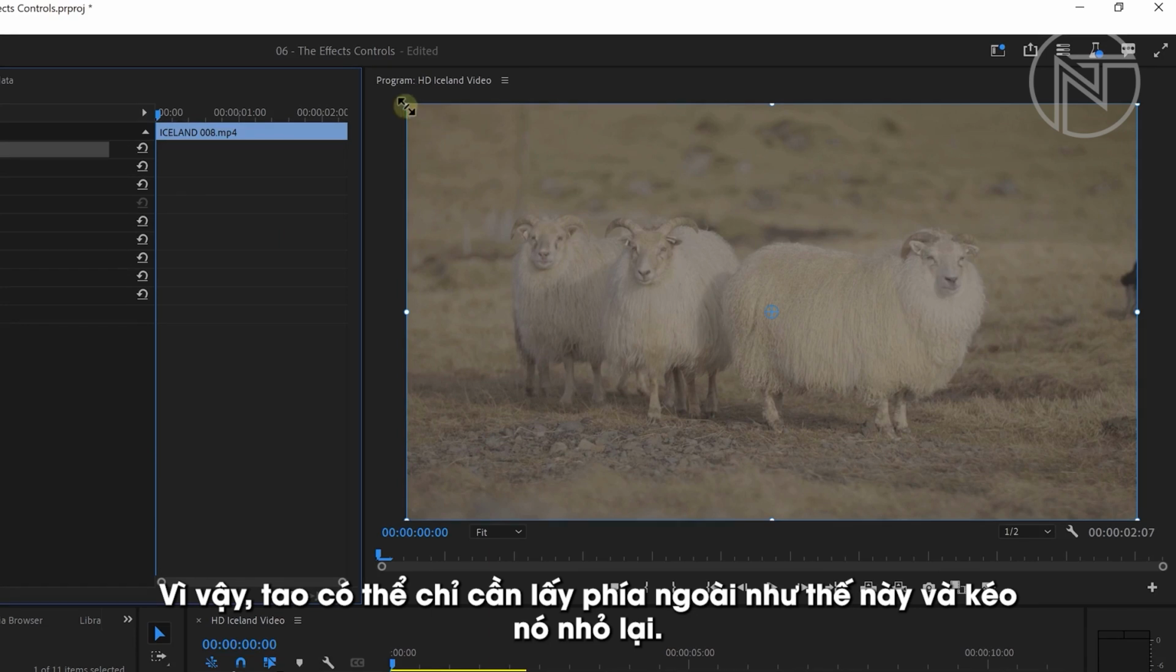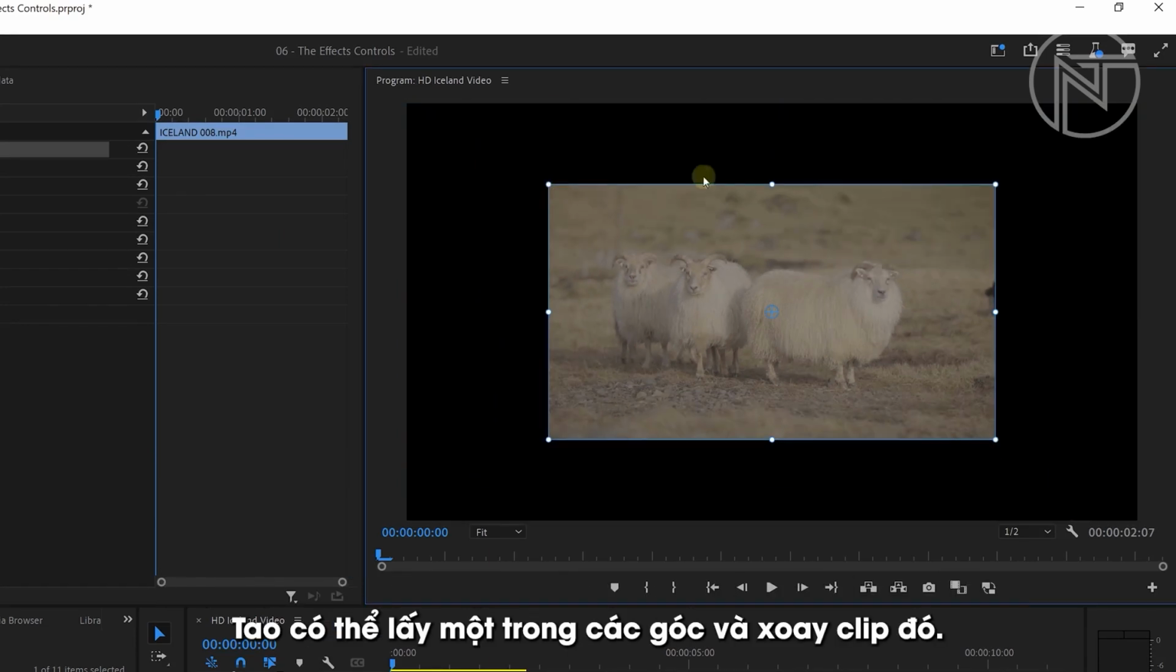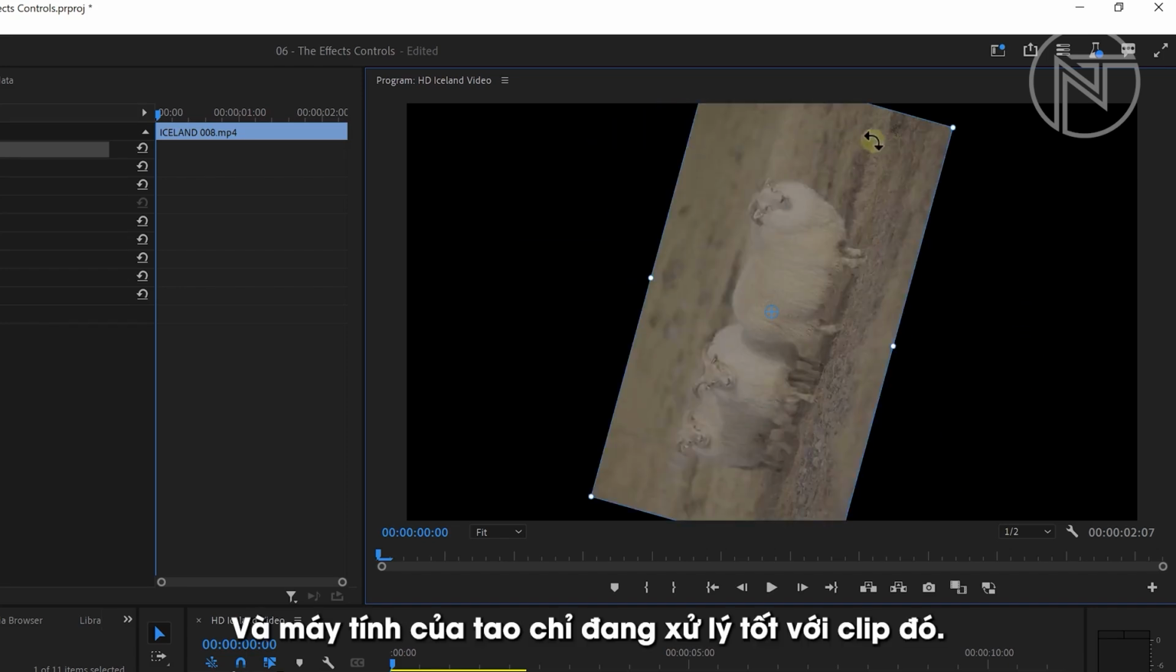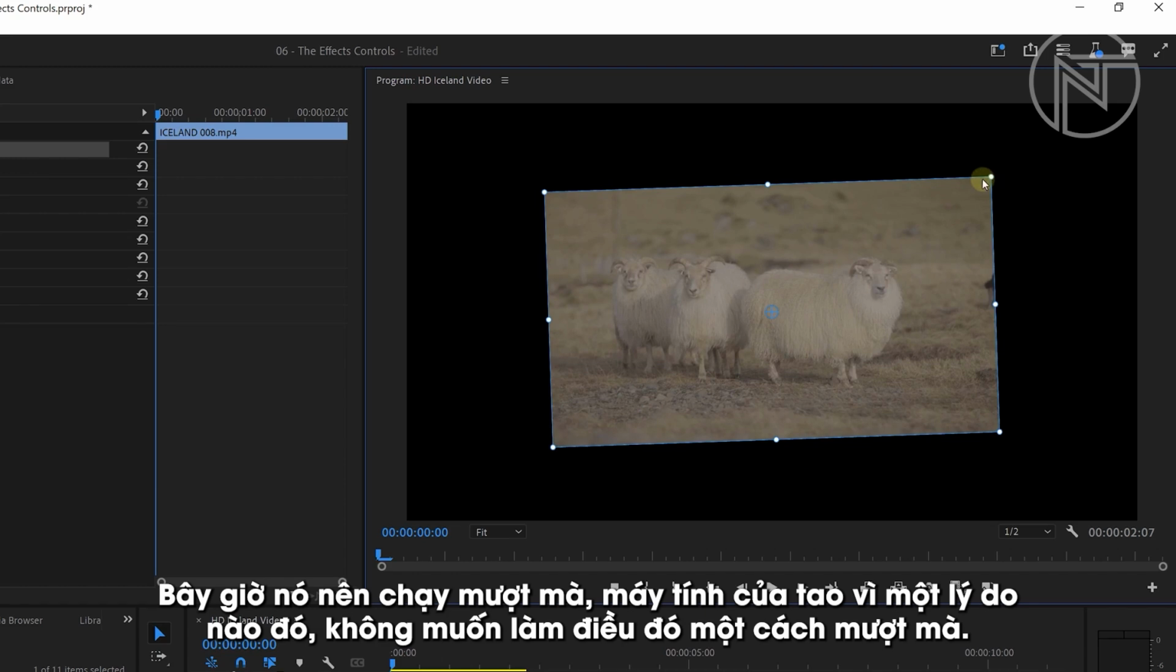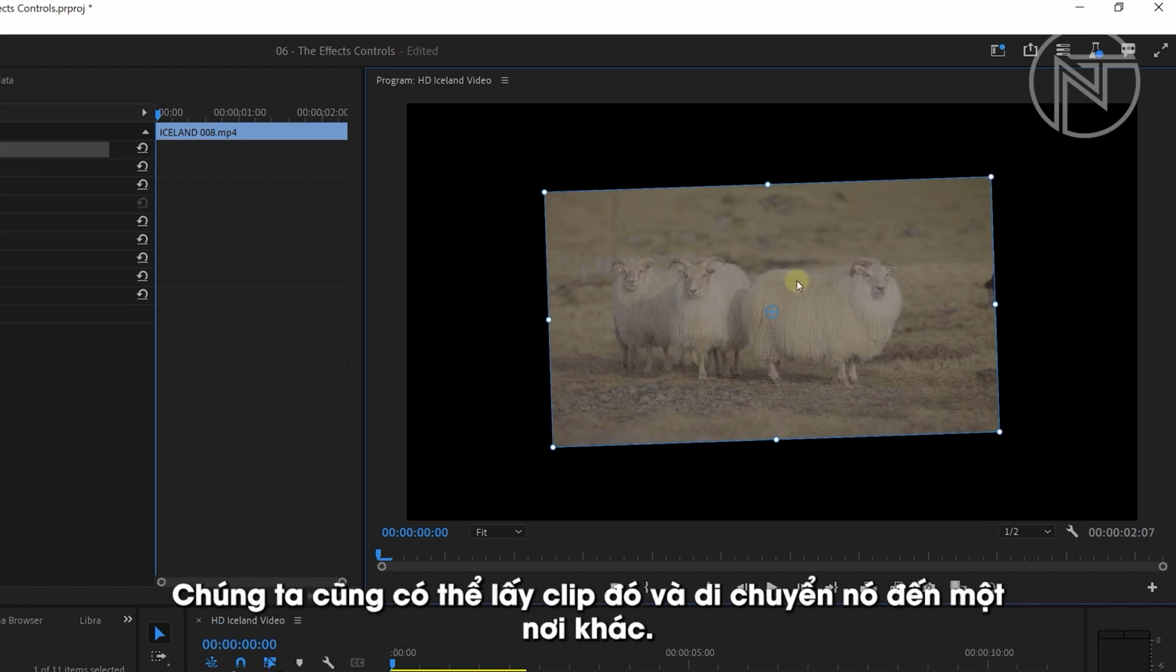So I can just take the outside like that and drag it smaller. I can take one of the corners and just rotate that clip. And my computer is just doing great with that clip. Now it should go smooth. My computer for some reason doesn't want to do that smoothly. Anyways, we can also just take that clip and